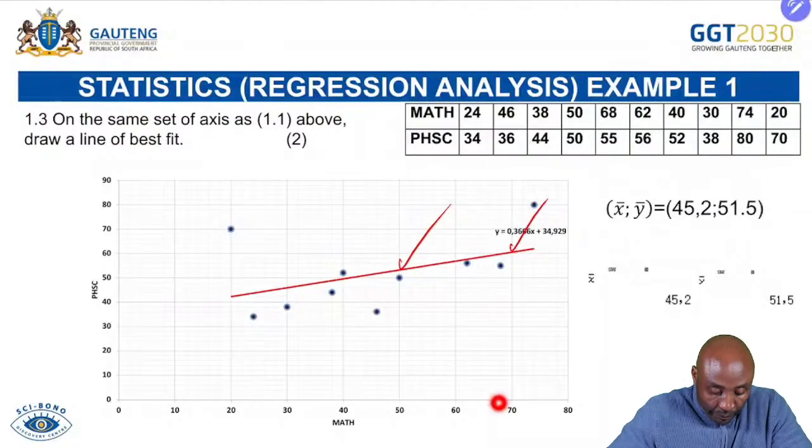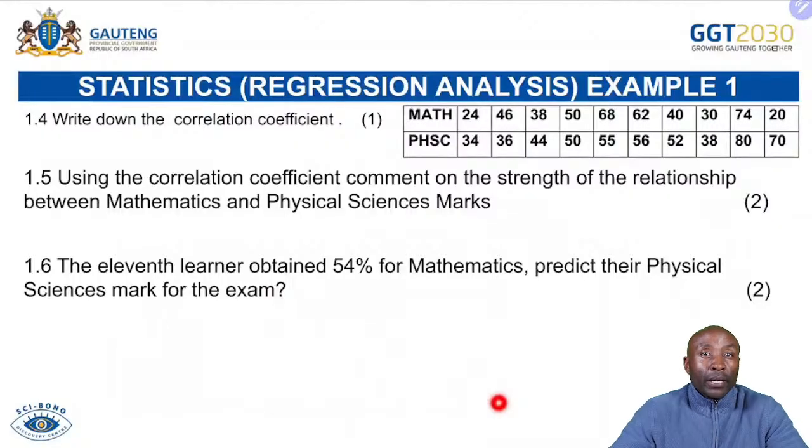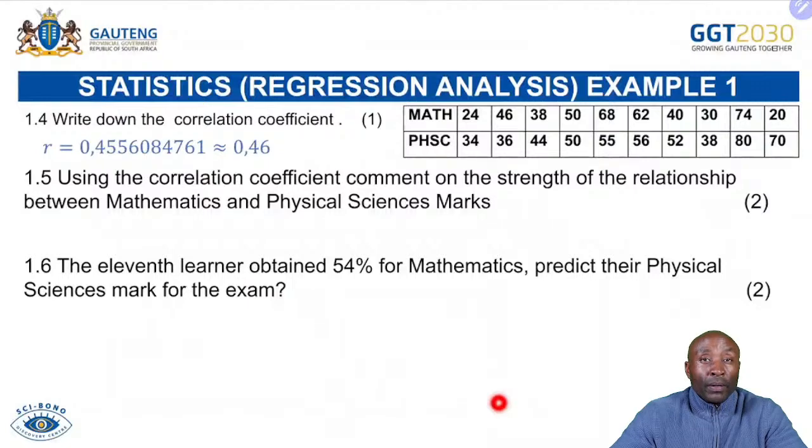We move on. Question 1.4 asked us to write down the correlation coefficient, and again we are using our calculators. That's our R. We got it as 0.46, and in most cases we should comment on the strength of the relationship, or sometimes you will be asked,